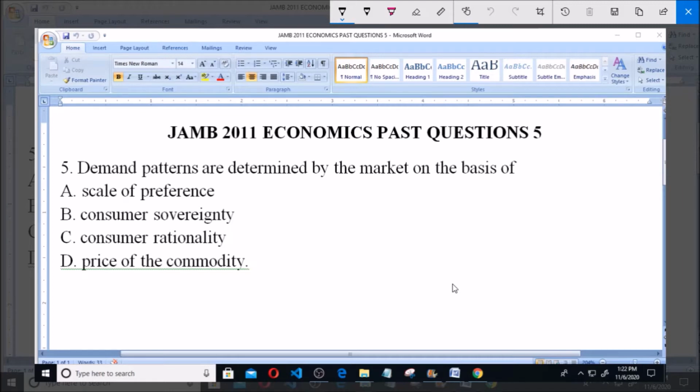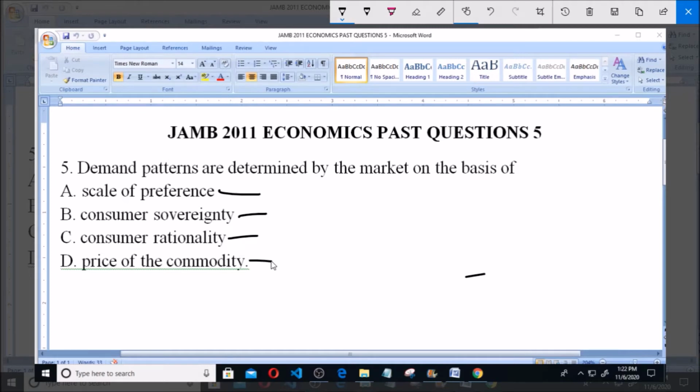2011 question number 5 says demand patterns are determined by the markets on the basis of option A says scale of preference, option B says consumer sovereignty, option C says consumer rationality, option D says price